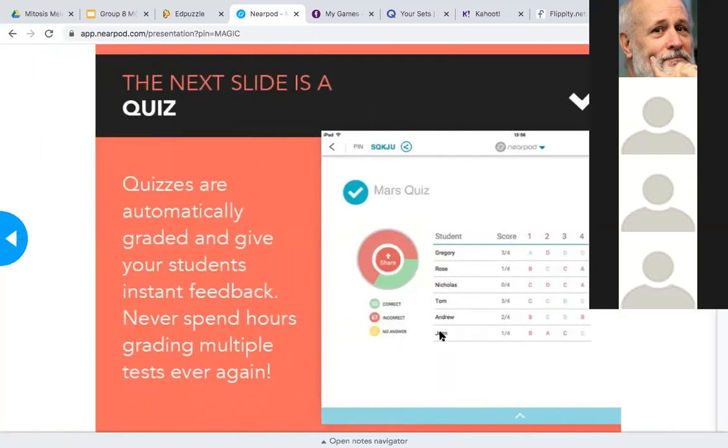I see everybody's name and whether they answered the question correctly or not. And I even get a pie chart, and I can say, whoa, 67% did not answer that question correctly. I don't think I explained that very well. Let me backtrack. Let's talk about that again. So you get this real-time visual of their comprehension of the material. So I love this app. I use it every single class period.